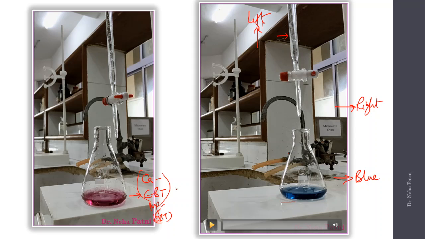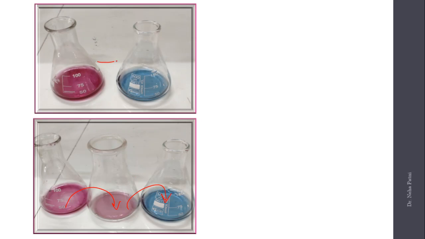So what is happening from wine red to blue is, I hope you remember, there is a complex formation, right? What happened is wine red to violet and violet to blue, this was the final change of the color. So what is happening is, EBT is getting free, and the moment you start adding EDTA, EBT will remain free. So the blue color intensifies, and at the last drop entire EBT is free and entire hardness is locked with your EDTA. So now you have to note the reading of the burette, and let's see.